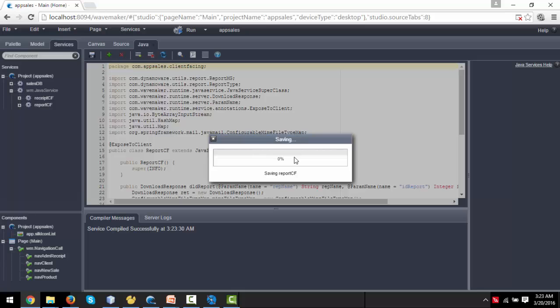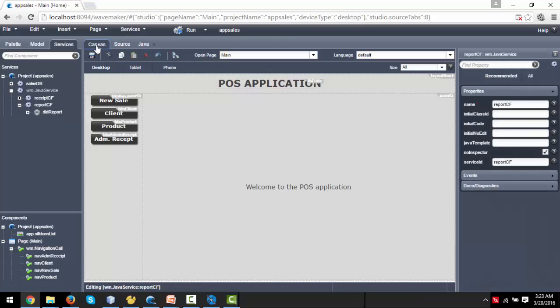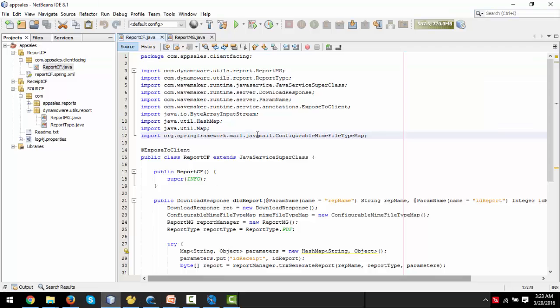Excellent. Now I have my download report in here. And oh, there's one more thing I would like to change. Here in our report CF,